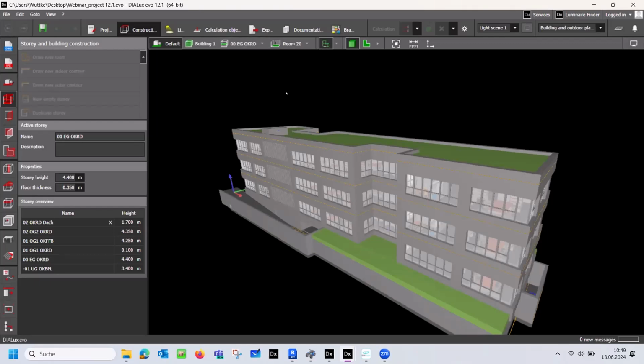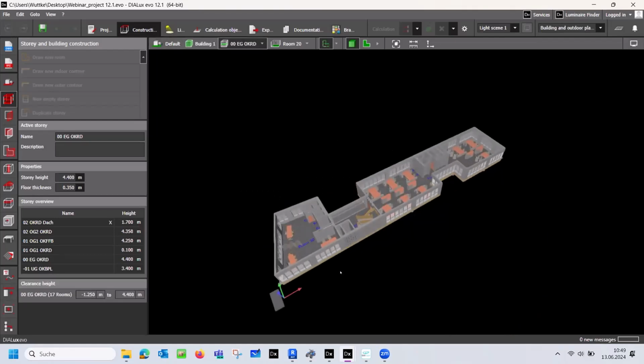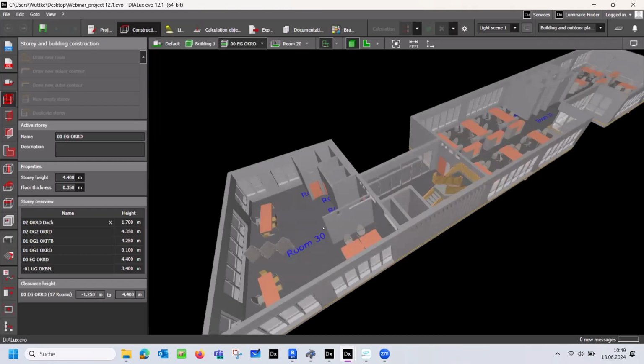For example, here again floor plan, and you can see there also this room. But what you can see here, the room name is not the same in this version,